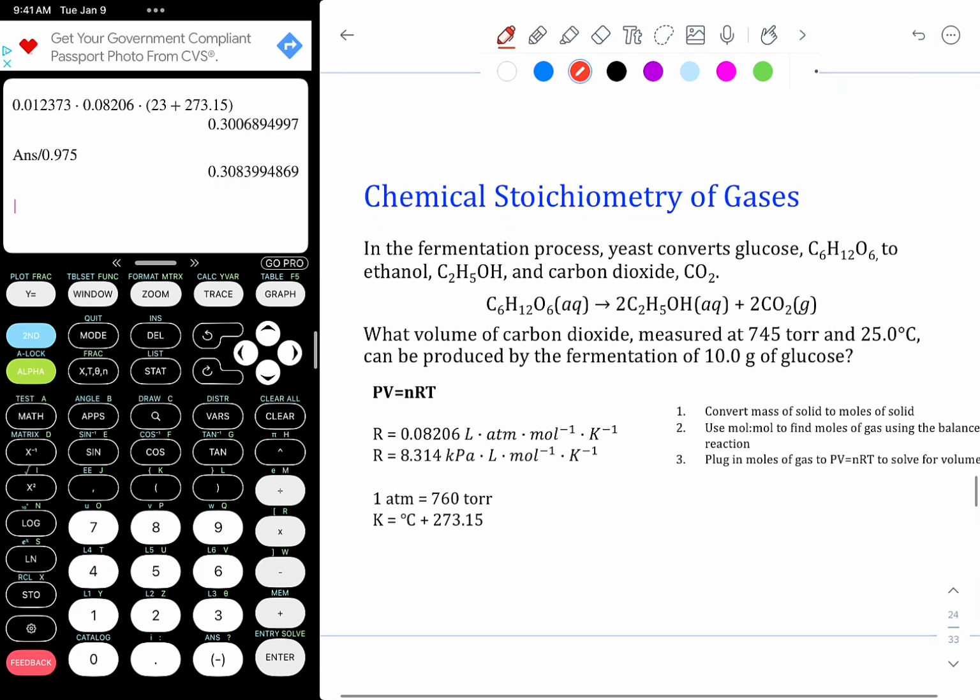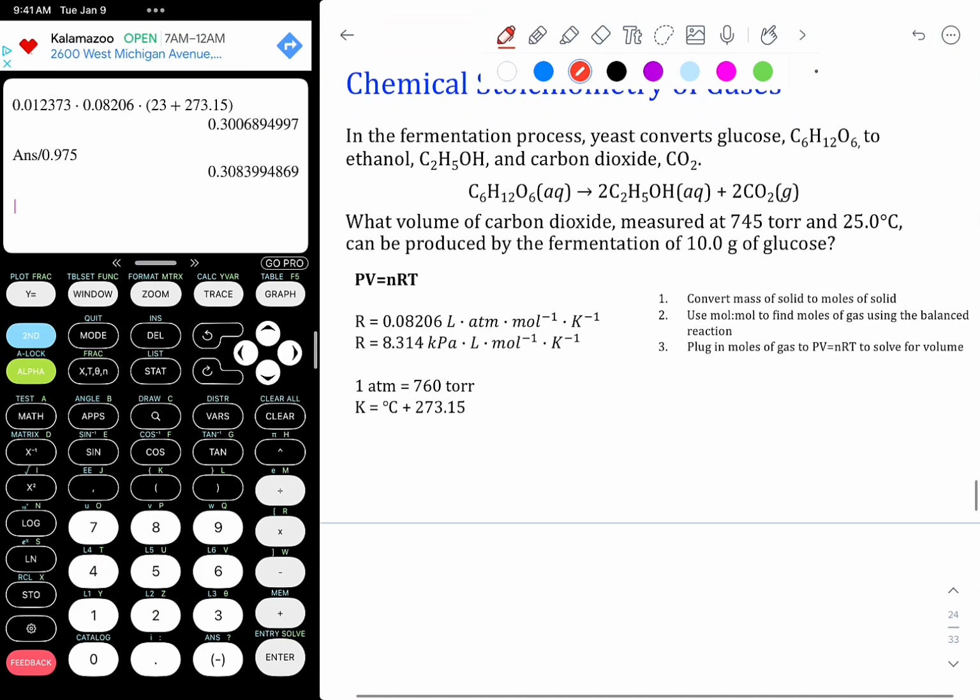Okay, let's try that again. In the fermentation process, yeast converts glucose, C6H12O6, to ethanol, C2H5OH, and carbon dioxide, CO2. What volume of carbon dioxide measured at 745 torr and 25 degrees Celsius can be produced by the fermentation of 10 grams of glucose? So what I want you to do for this problem is to